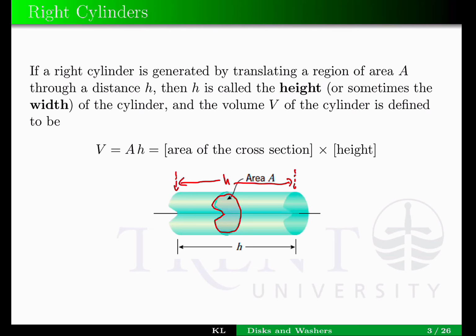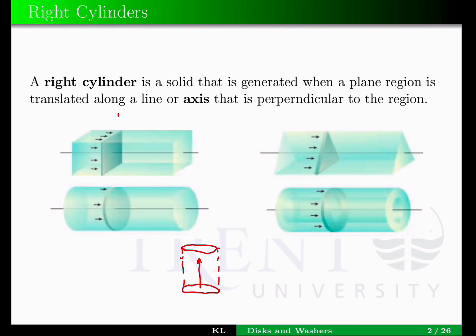So if we consider, for example, let us go back to this one. This part here looks like a square. So if the square has length S, then the area of that plane region will be S squared. And this square here is translated